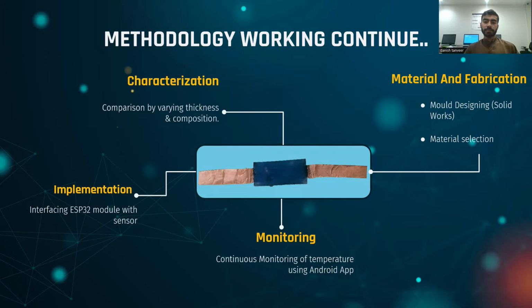The second thing is characterization. After selecting the material, we did some characterization by varying its thickness and composition to analyze which sample is good and giving us results. The third one is implementation. We interfaced it with the ESP32 module to send its readings to a user who is placed remotely. The last one is monitoring. We will monitor the temperature of an appliance through a mobile app which is developed using